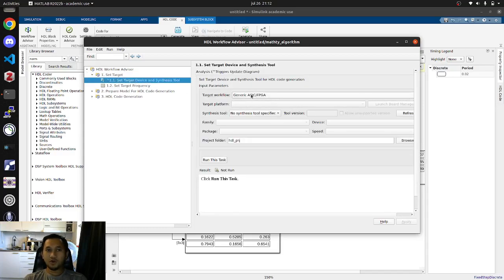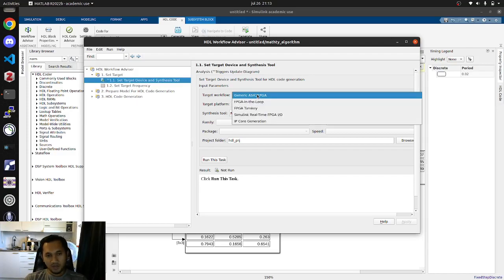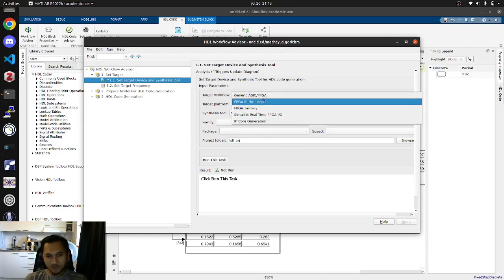First of all, I'm going to show you the pure VHDL conversion, not the IP core. I'm going to make another video to show you how to make the IP core and get it ready to use, for example, in Simulink IP core that you can integrate in Vivado directly. But here it's a generic ASIC FPGA. We have a lot of choices here,